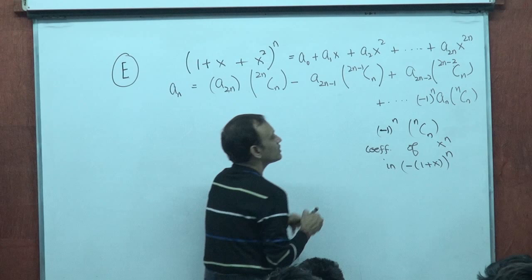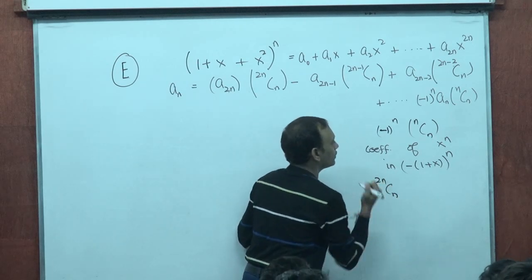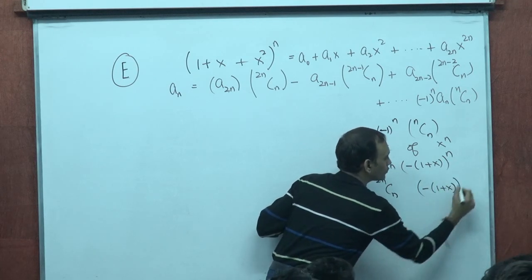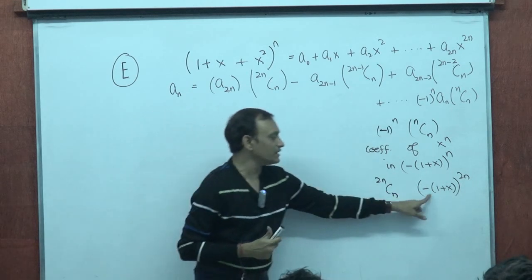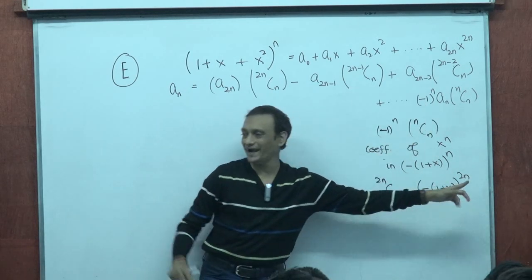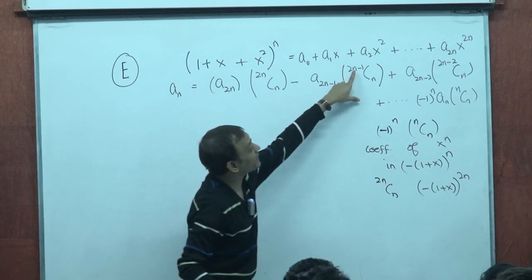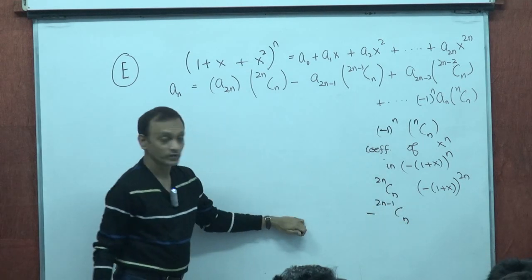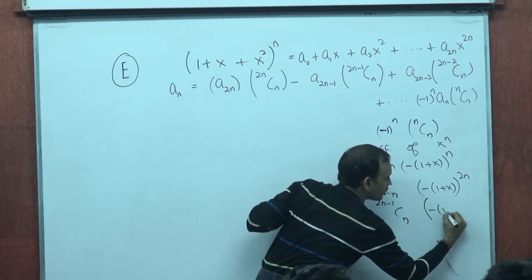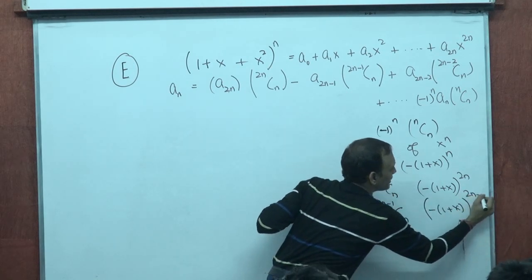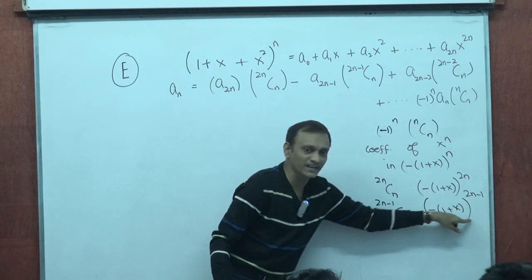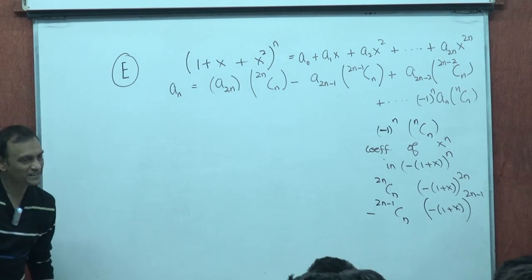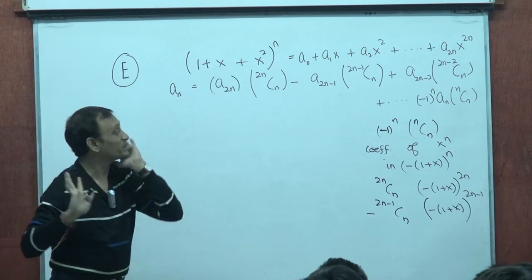This 2nCn must have been the coefficient of x power n in (1+x) power 2n. Since (-1) squared, it will become plus. Then -(2n-1)Cn must have been the coefficient of x power n in (1+x) to power 2n-1, because (-1) to power 2n-1 is minus 1. Do you all realize that? Which means